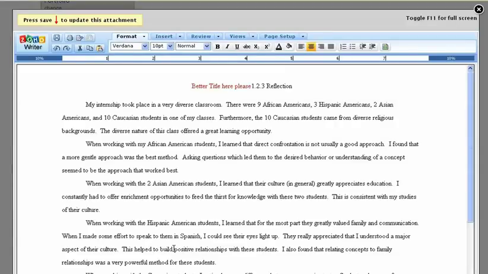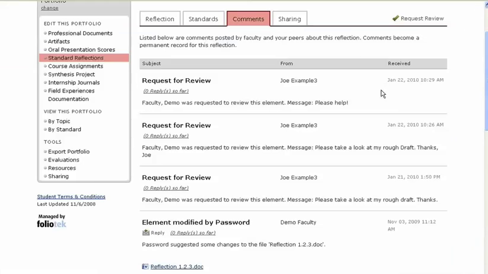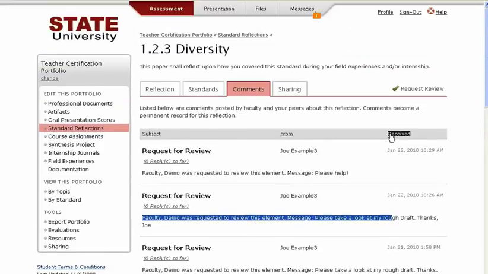I'm using a web word processor to look at the suggestions left by the faculty member. The faculty member suggested a better title. Any other changes they might suggest could be made using marked up documents such as this, or they could simply leave me a comment so I can understand what changes should be made before my next summative review. These conversations are archived along with the rest of the portfolio to document student and program performance for accreditation review